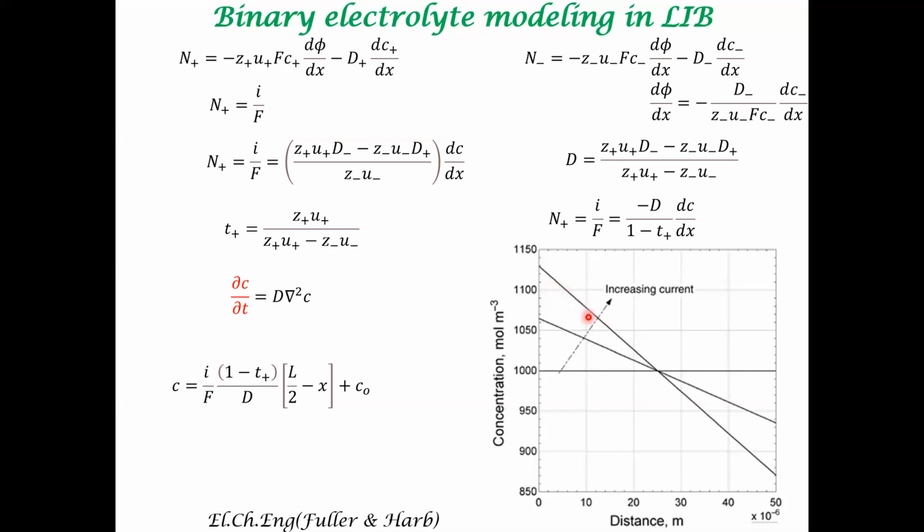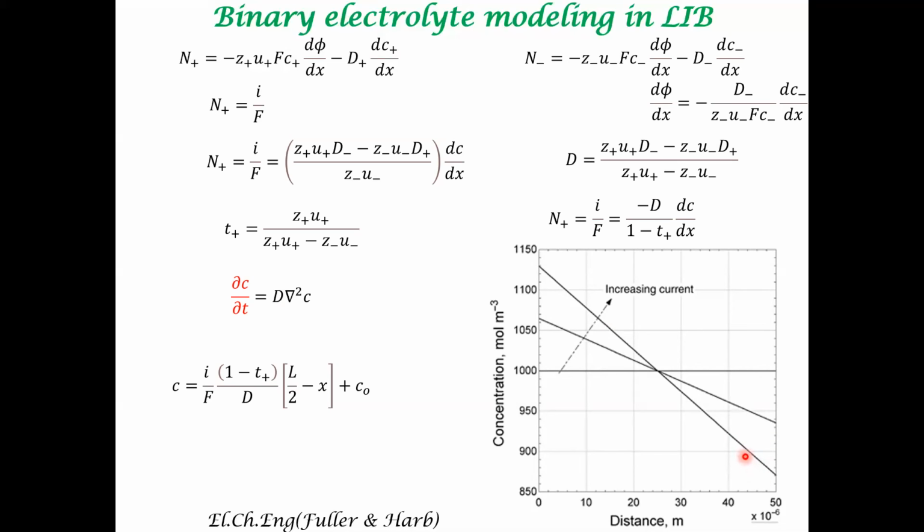Likewise, in such a condition, that is at high current density, the concentration present in the vicinity of the cathode can also become lesser. So this would impose a potential penalty. We'll analyze these cases further. I'm just qualitatively describing this. This is going to be called concentration overpotential or concentration polarization, which we will discuss in probably two lectures from now.